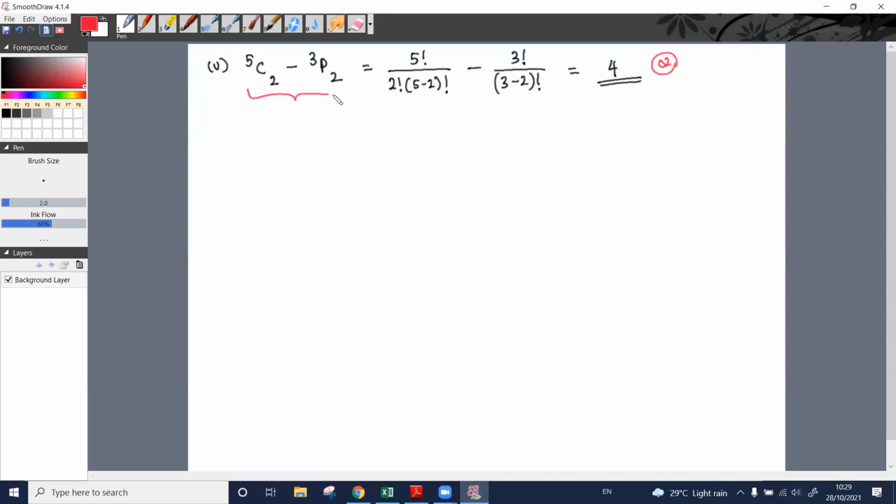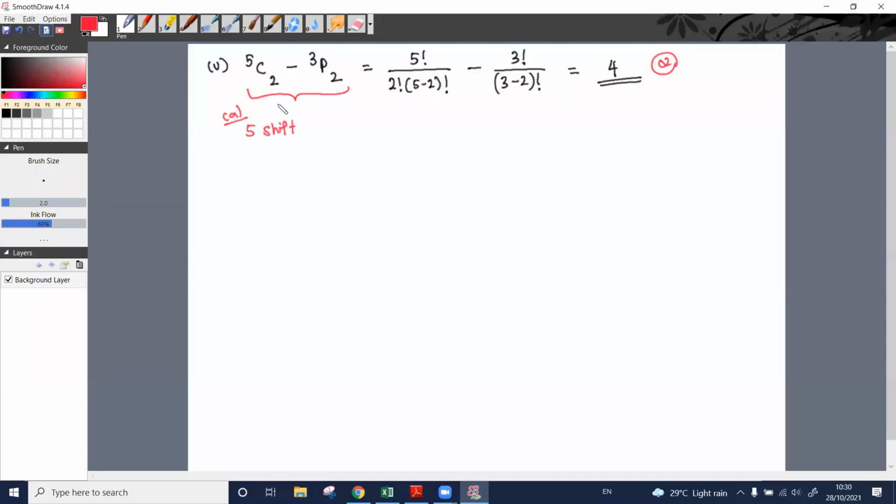How to give this one? How to solve this one using the cal? 5C2. Right? You need to press 5. Then how can we get this C? Right? You need to press the shift button,